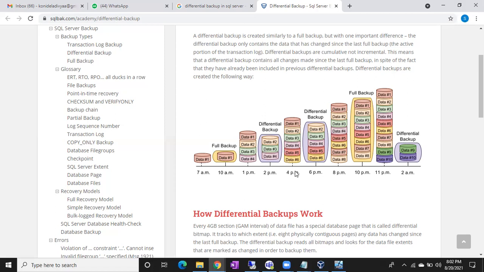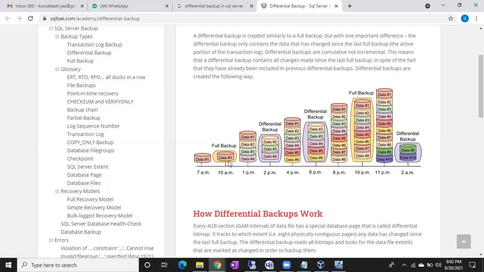Again at 4 p.m., 2 records are added, the 5th record and the 6th record. So as per the differential backup concept, whenever you are running a differential backup, it will take the backup of the changes since the last full backup.